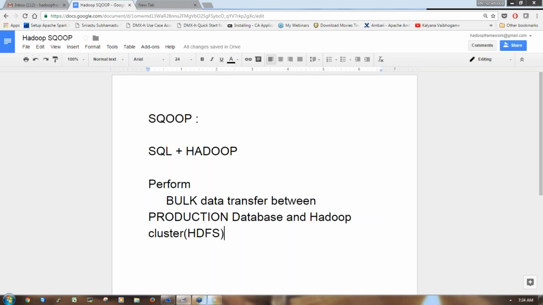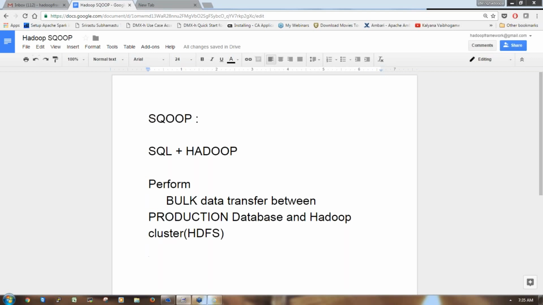Suppose there is a client who has data in his DBMS. Suppose the client is getting 50 gigabytes of data a day into the production database. Every day he gets 50 GB, so in a month it reaches up to 15 terabytes. Handling 15 terabytes in a production database is very difficult, right? You cannot write SQL or MySQL statements to retrieve the data because the data size is so big. Then the client's alternative is simply to move the data to the Hadoop cluster.